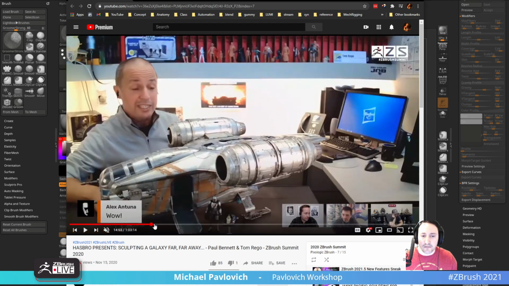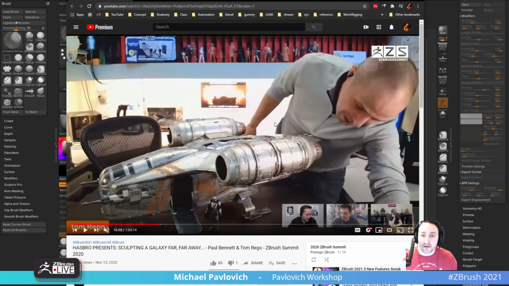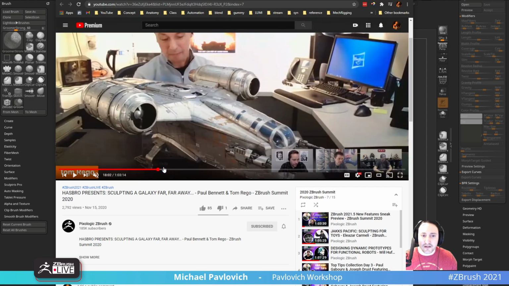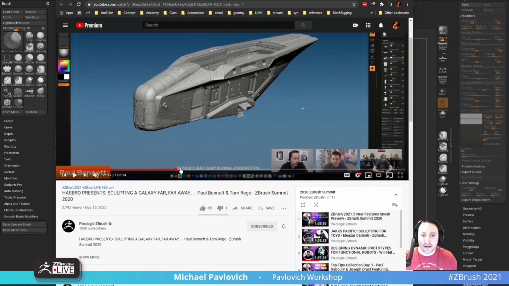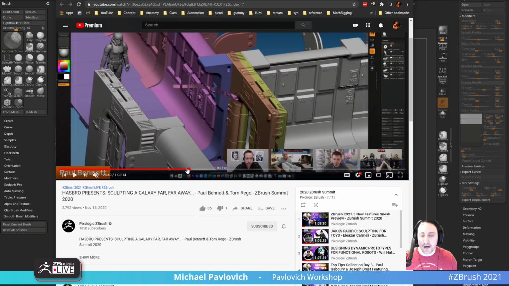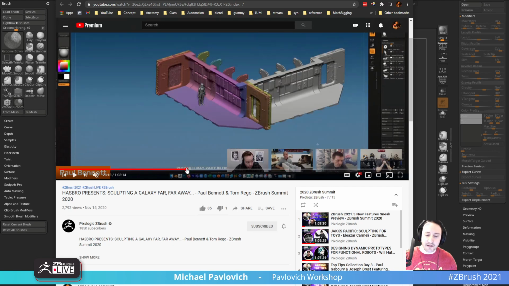So it talks about how to 3D, and actually the entire ZBrush Summit here, there was a ton. If you're a 3D printer and you're wondering, or making robots, 3D printing robots that are actually functional, there's some really cool stuff in here. But anyway, here's the ship all printed out and all nice and manufactured. And then here they also did a modular set, so you can buy these modular sets. Just like in the movies,